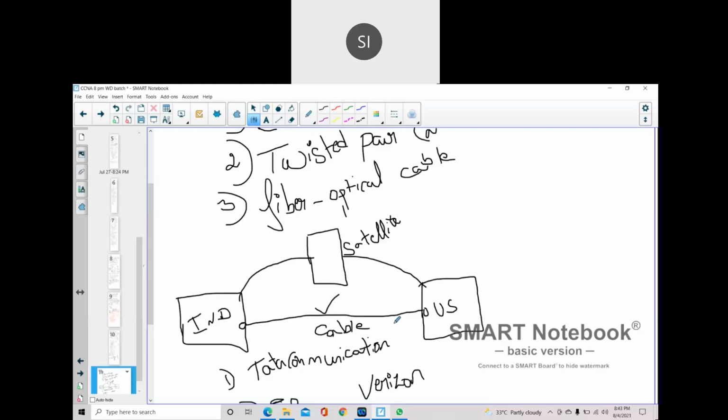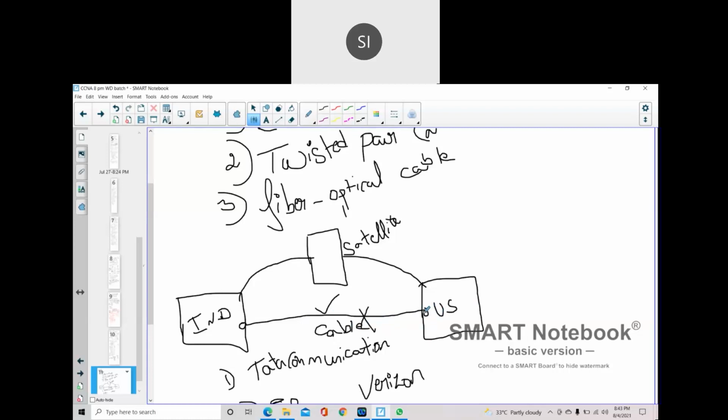If the cable is lost here, then you will not get the signal at the other end. There is a device to find exactly where under the sea the cable has disconnected.